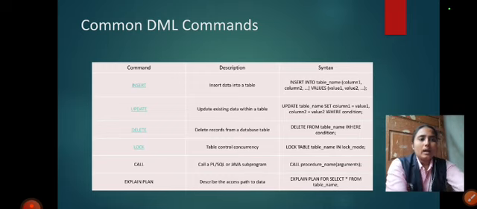Update: update existing data within a table. Update means it updates the data within the given table. Delete: delete records from the database. Delete means